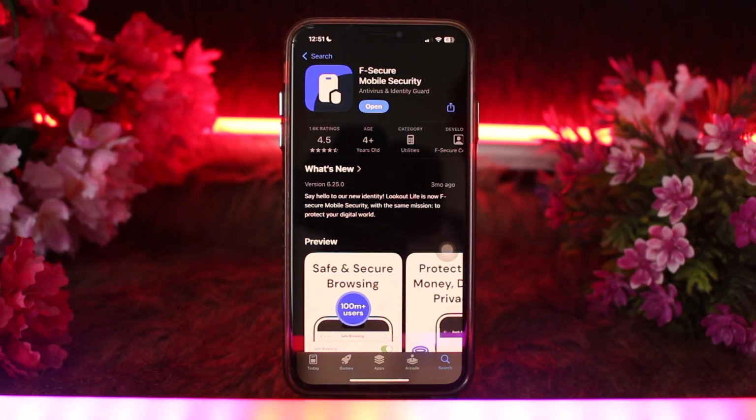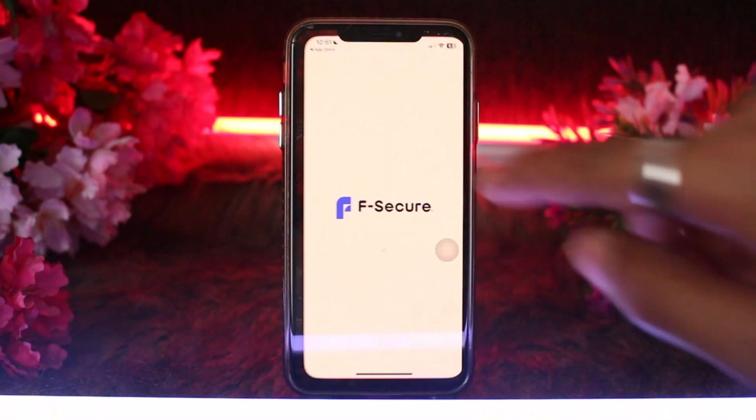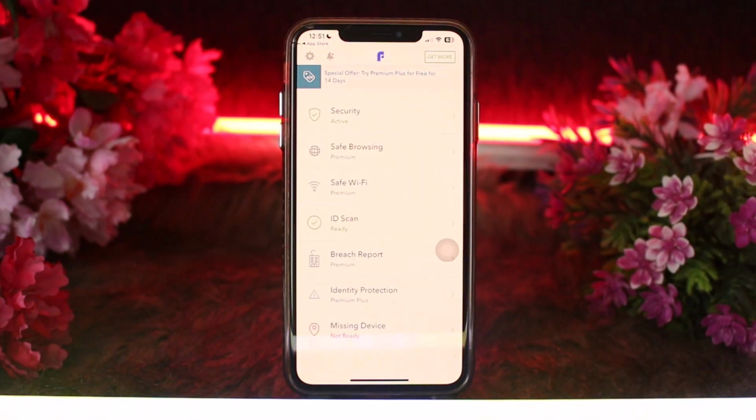Now once downloaded, what you need to do is simply launch the app, so simply tap on open, and then if you already have an account, sign in, or if you don't have an account, simply tap on register and then review and accept the license terms and permissions requested by the app, and then follow the on-screen instructions to complete the setup process. By following these steps, you can effectively set up F-Secure mobile security on your device, ensuring comprehensive protection